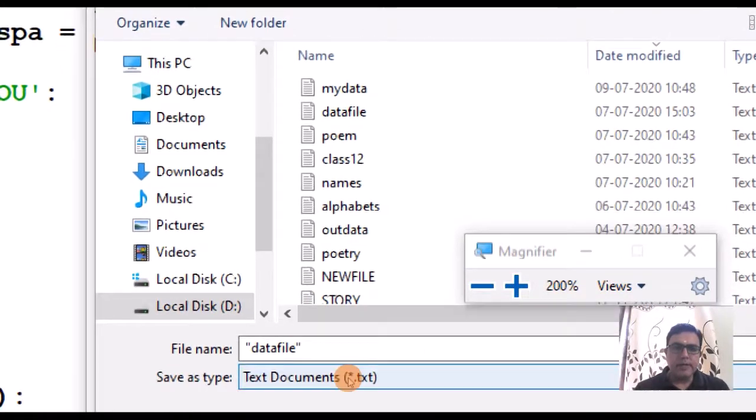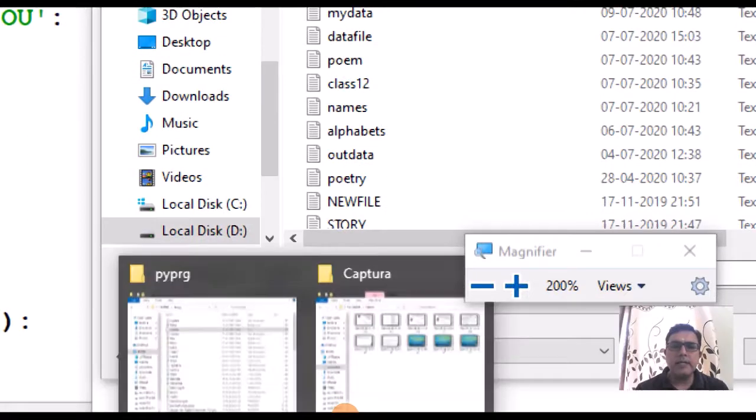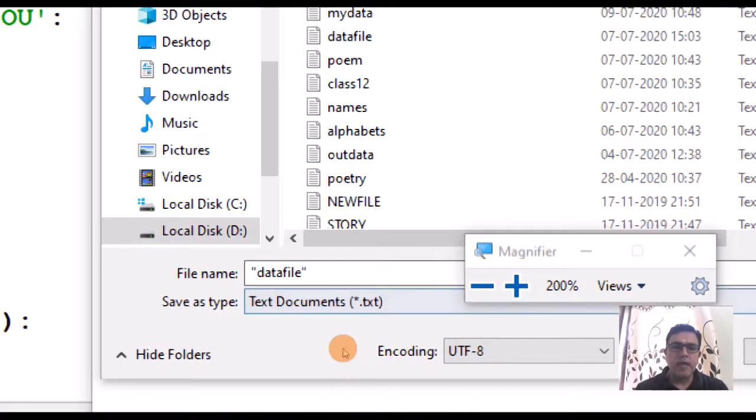Here you have to give the name of the file as data file. I have not given any extension, and the file name is data file only, without any extension, and I have included the name of the file in double quotes.